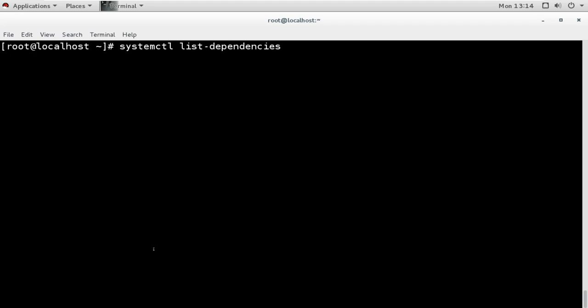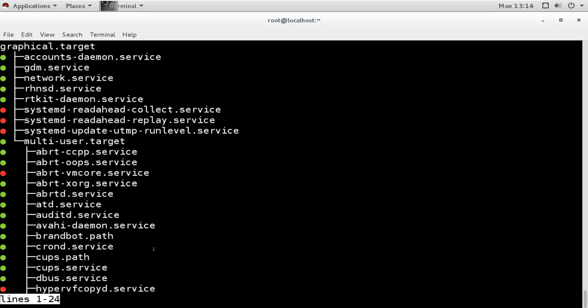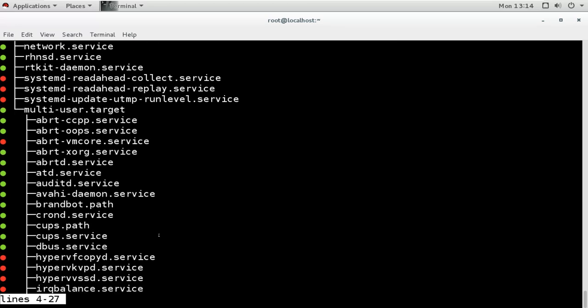We can see this by using the systemctl list-dependencies command, and we can see for which target we want the dependencies. So let's say I want to see graphical.target, and which other targets it depends on.